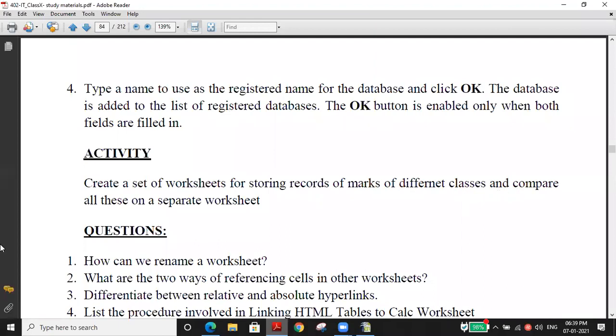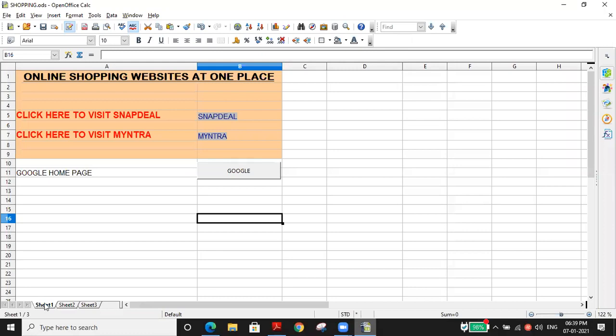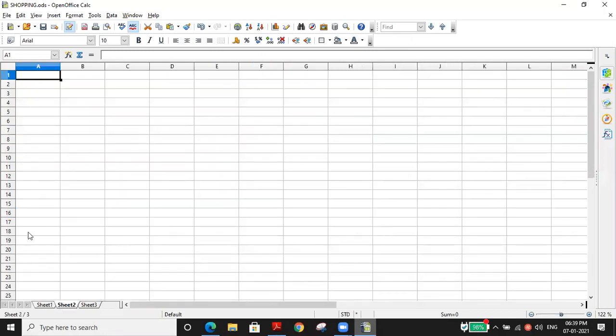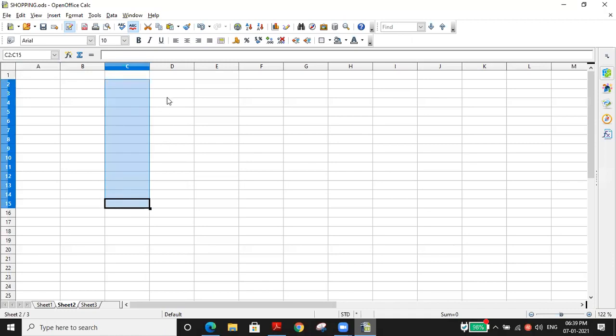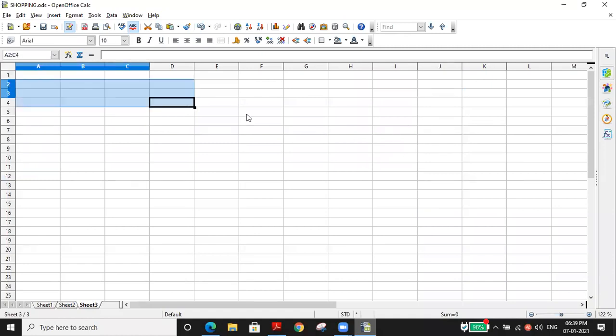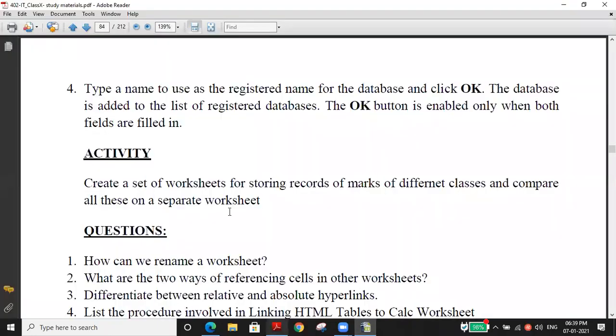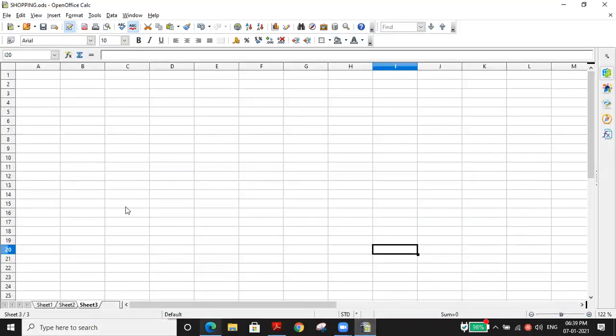For example, sixth standard. One of the students asked, sir, shall we keep everything on the same page? No, sir. Of course not. For example, sixth standard. I will show you literally what you want to do for this activity. Suppose sheet 2 is for 6th standard: serial number, name of the student, English, Tamil, Hindi, science, social, EVS, something else, then total and average. This is the 6th standard marks. Then for the 7th standard sheet, you can follow the same. Then the activity given is that you want to compare all the separate sheets. Compare means who is getting more total, which class has more average, by comparing the totals.